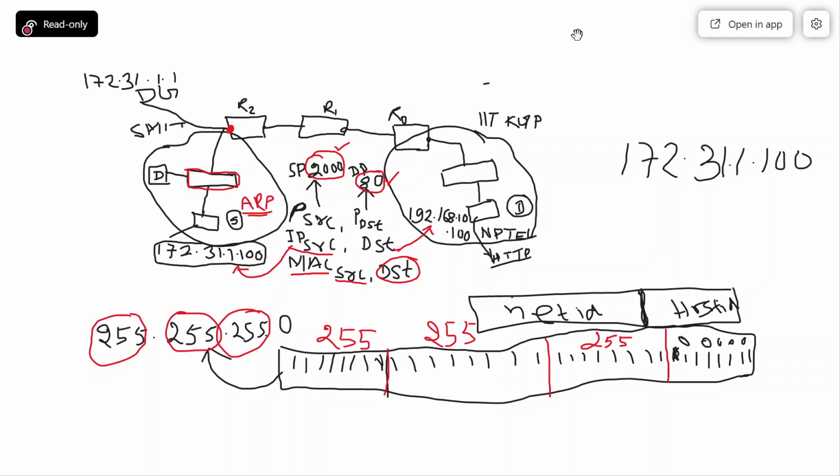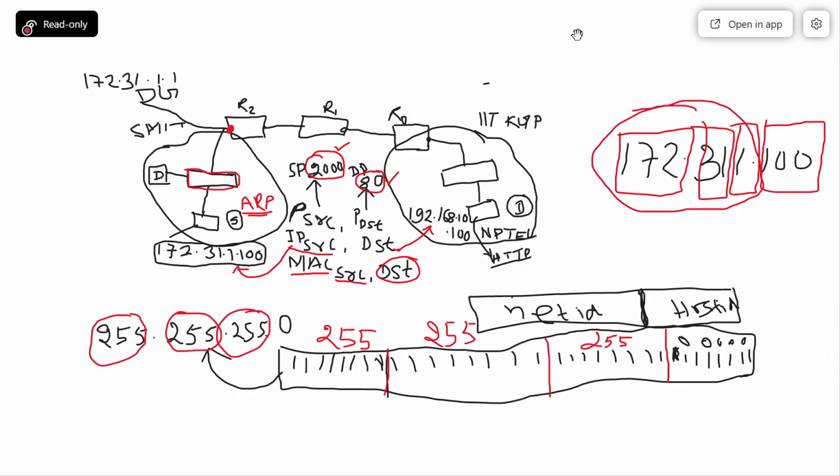Now you have to take its 24 bits. What are the 24 bits? The first 8 is this, then the next 8 is this, the next 8 is this, and after that the last 8 is this, because 32 bits are divided into 4 different octets. So you have to take these 3, because 8, 8 is 16 and 3 eights are 24. So this is 24 bits.